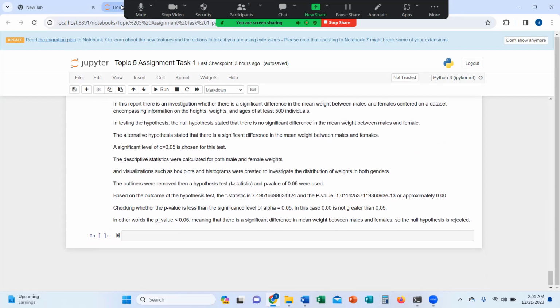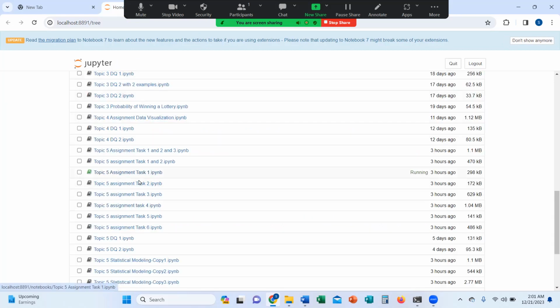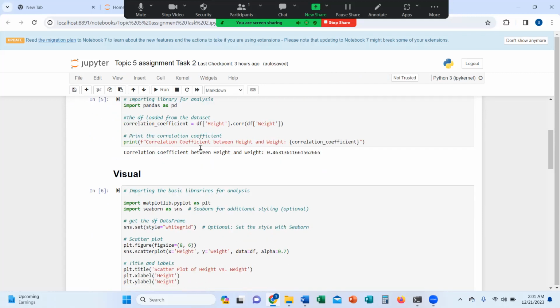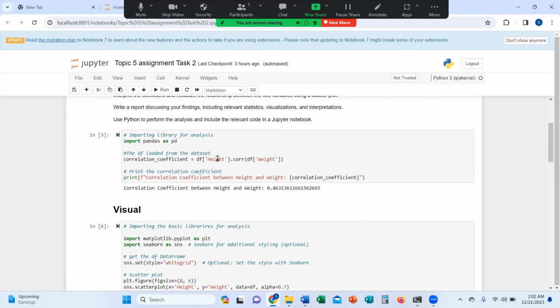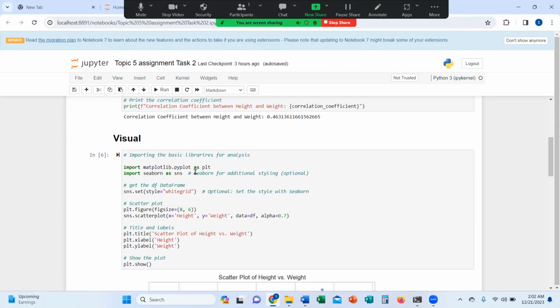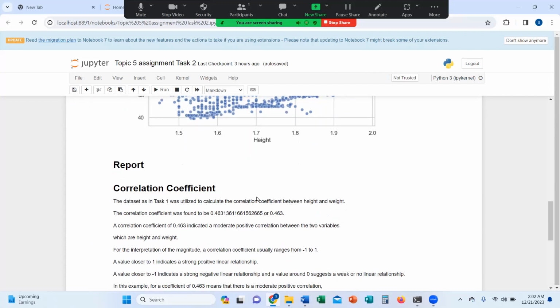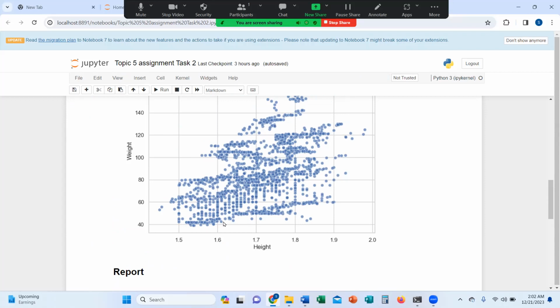Now for the next task, this is task 2. The task is to calculate the correlation coefficient between height and weight. This is importing the libraries and the visuals. I did a scatter plot here, and the scatter plot shows